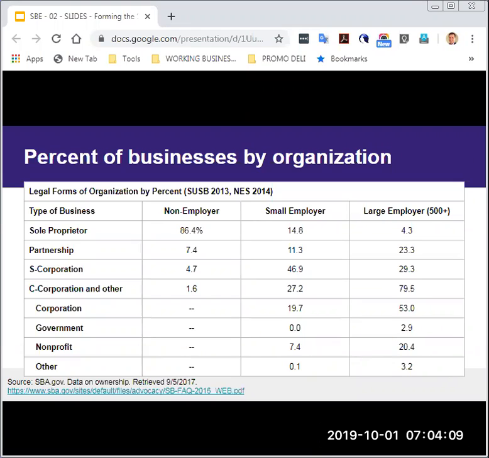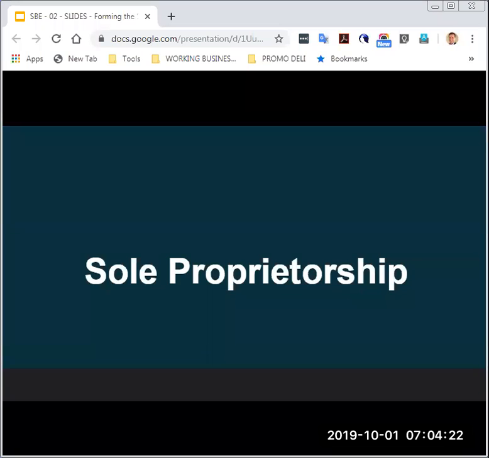So it's important to reduce the liability. So owners of businesses often incorporate as some type of legal entity in order to protect themselves when hiring employees. Let's first discuss sole proprietor up next.